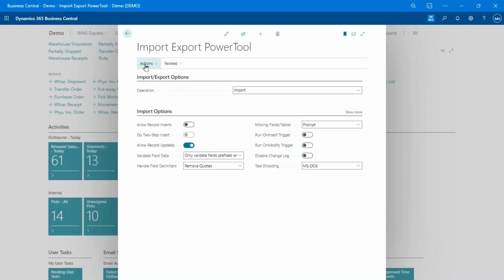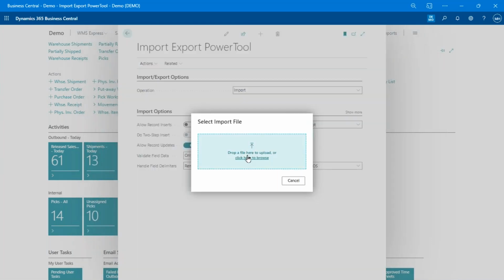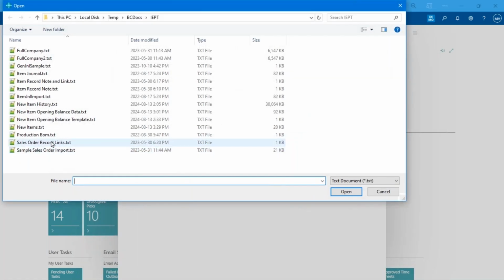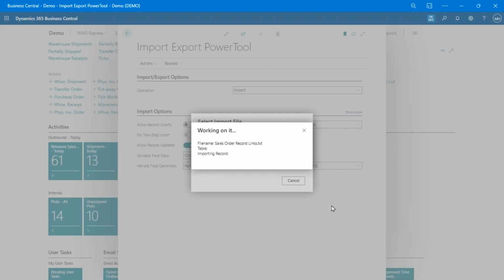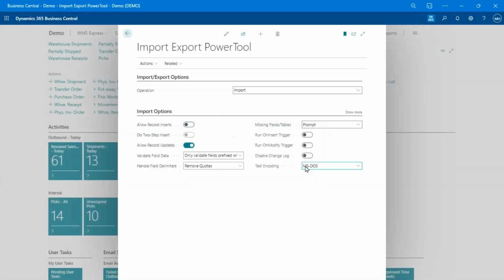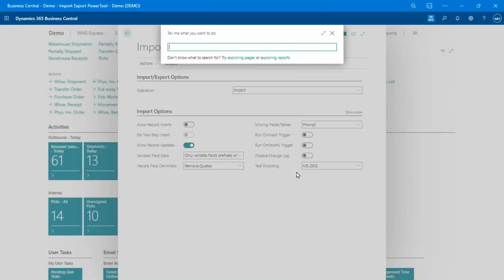And I'm not going to run any triggers because we don't need it. We're just bringing in the record links. And so we're going to bring in those sales order record links. That's going to come in, imported those. And now if we look at